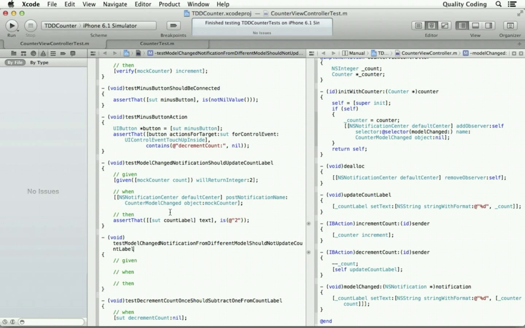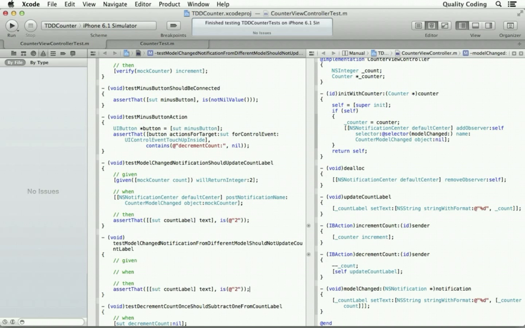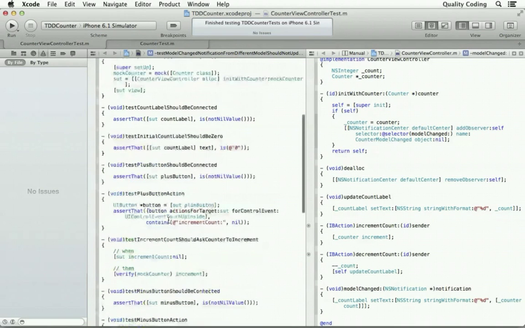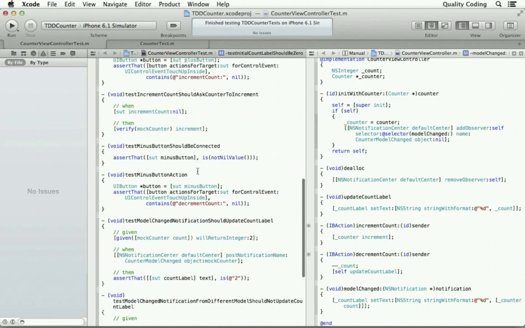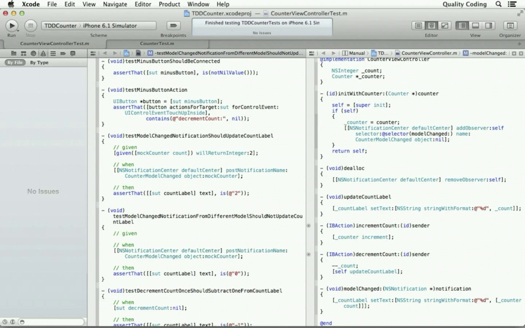And here you may remember that by default our count label is 0, and let's say here I'm going to grab this, except instead of sending it on the mock counter, I'm going to send it on a different counter here.